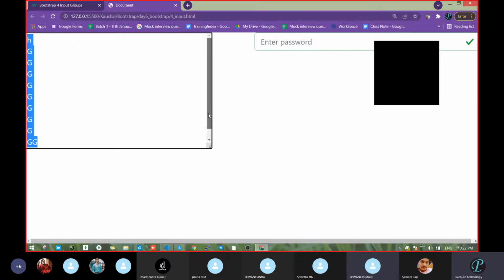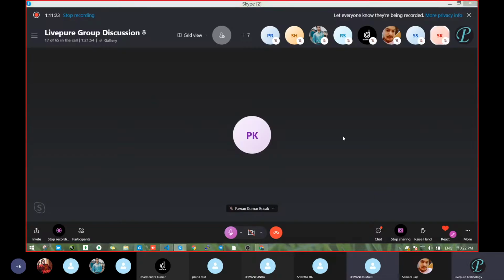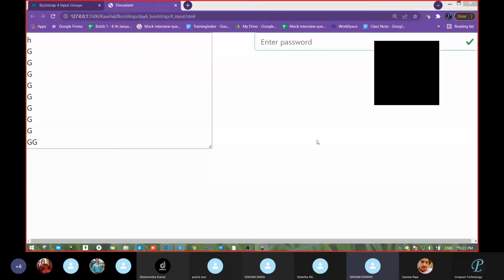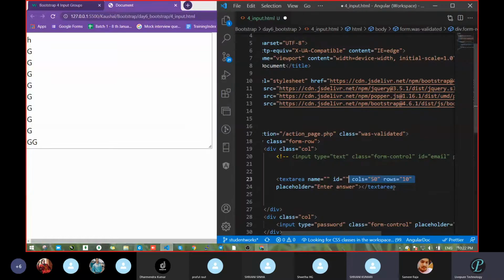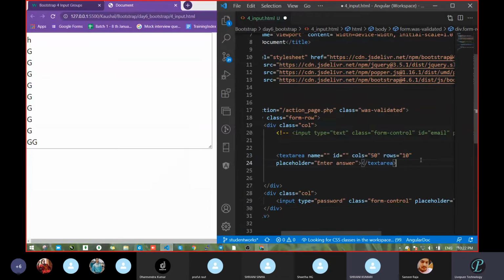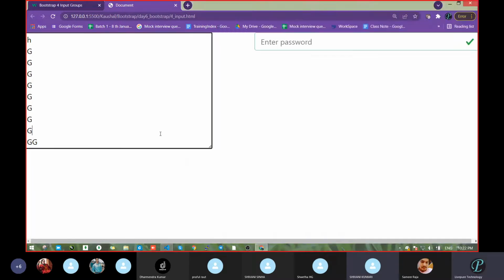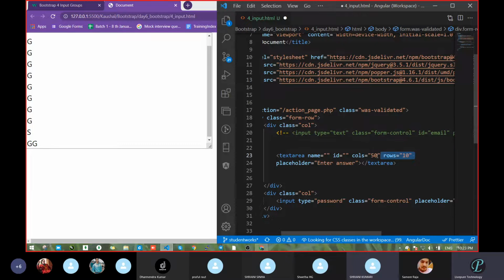So 10. Okay. 1 is pending, that is in the 11. See, up to 10 we do not get any scroll bar because we have row 10. Fine. But once we get one line extra, meaning row 11, we directly get this scroll bar. Clear? So that's why. And in the column case, it's the same concept.